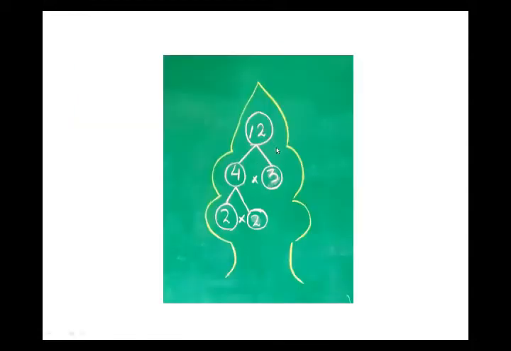So here is a picture. We just pick the number 12 and break it into different factors. Firstly, we break 12 as a factor of 4 into 3. Before continuing the factorization, we see that the number 4 is a composite number, because 4 has more than two divisors. The divisors of 4 are 1, 2 and 4 itself. So the divisors are more than 2. That's why the number 4 is composite.